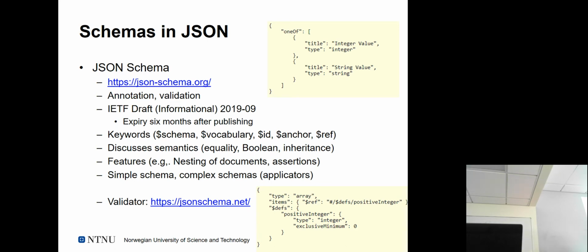Well, it basically tries to emulate most of the XML features or the XML schema features and embed them for JSON. We see that example here, so that we can have condition specifications such as in this particular location there needs to be one of either an integer value or a string value, for example. In order to present this to the user, there's also a title associated with this that could say, oh, you're missing an integer value or a string value. And that's then the associated type from an internal point of view, how it's supposed to be represented.